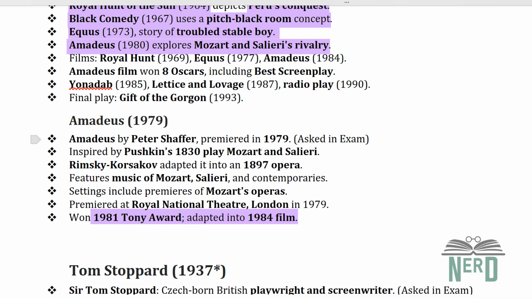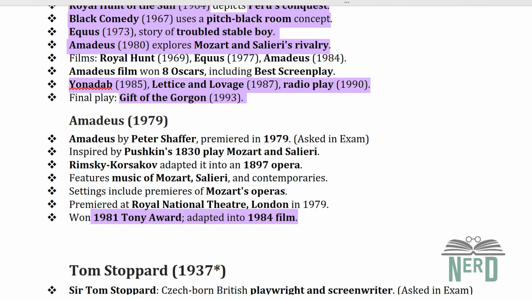Shaffer continued to experiment with plays like Yonadab 1985, Lettuce and Lovage 1987, and his final work, The Gift of the Gorgon, in 1993. He passed away in 2016, leaving behind a legacy that united intelligence, theatrical innovation, and emotional power. Together, writers like